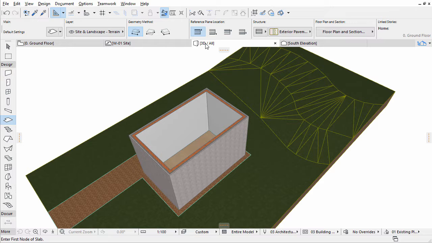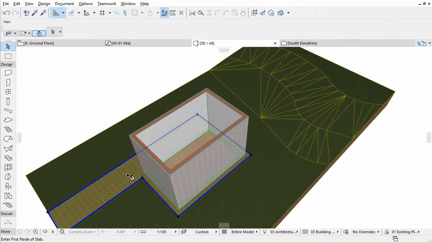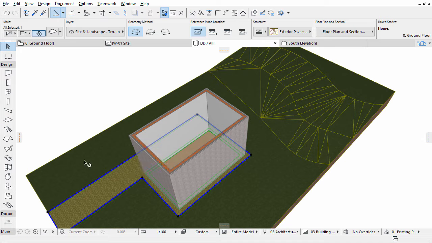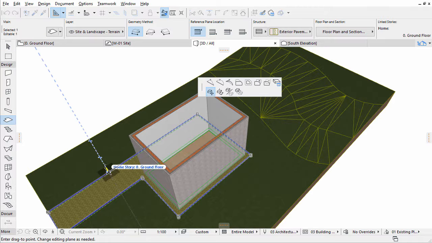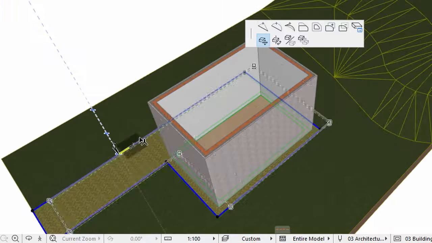Now we need to create an opening in the pavement slab defined by the footprint of the exterior walls. Select the pavement slab and make sure that the Slab tool is selected in the toolbox. Click on any edge of the selected pavement slab to display the pet palette. This palette